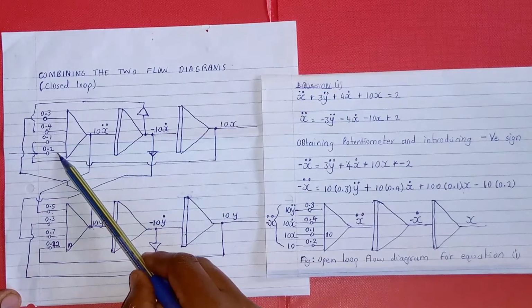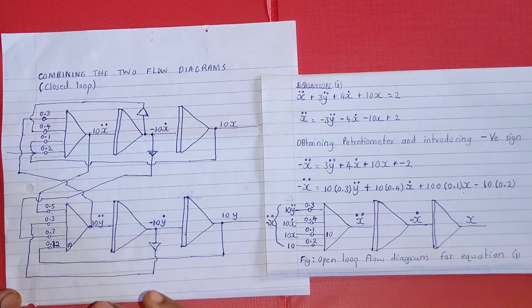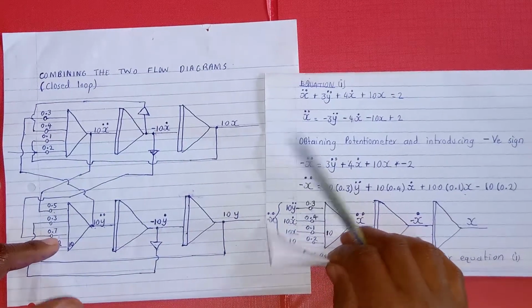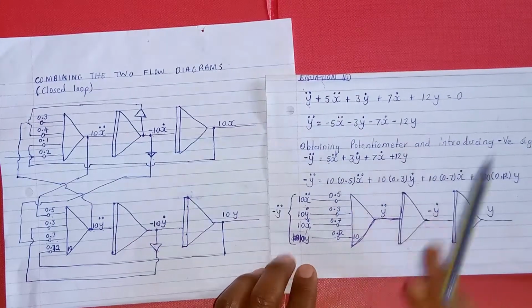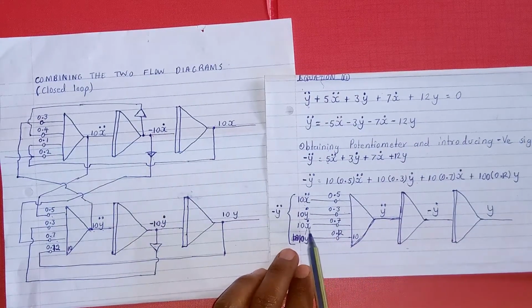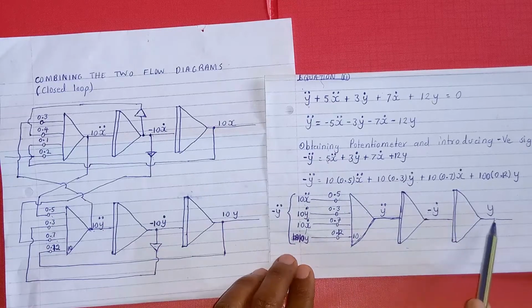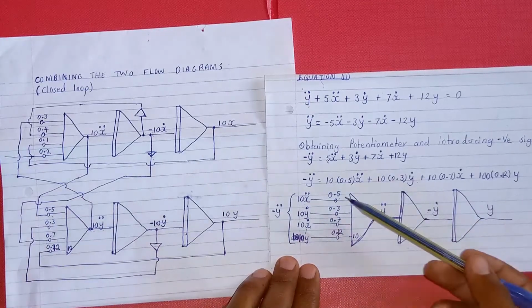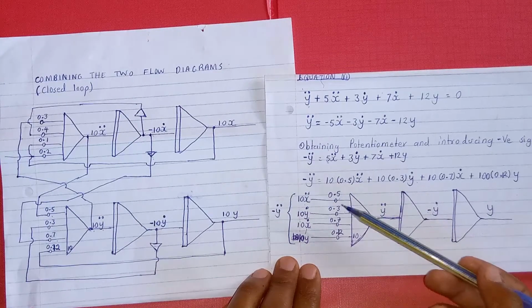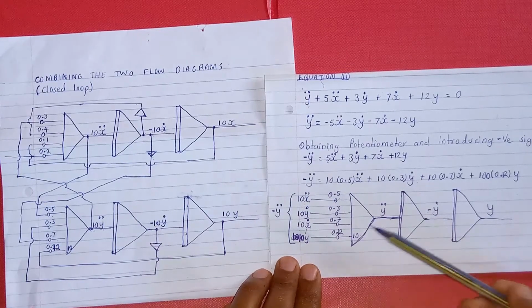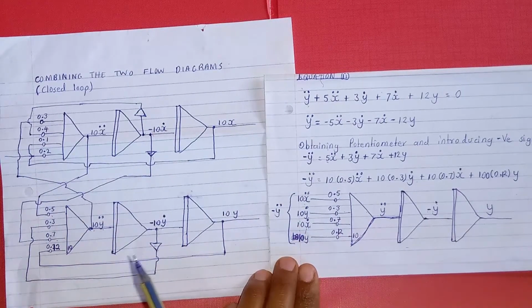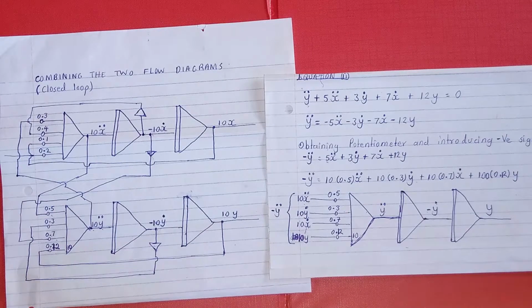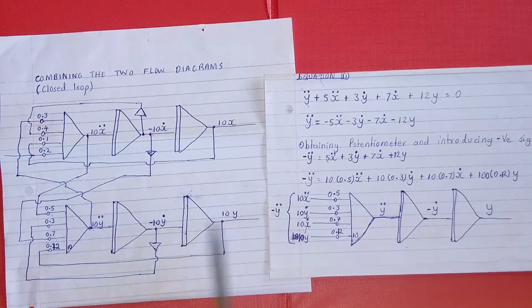So it is just the way it was, and the diagram down here is just similar to this open loop diagram for our second equation, and just see that nothing has changed. 0.5, 0.3, 0.7 and 0.12 we have just plotted it the way it is. Now the only change is that we are going to match every factor here with what corresponds to it at